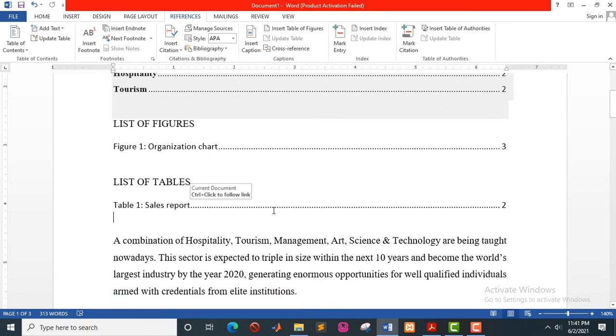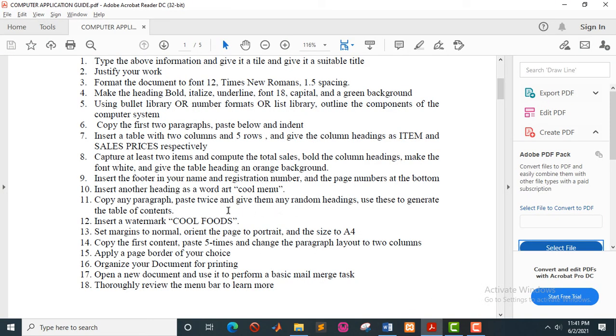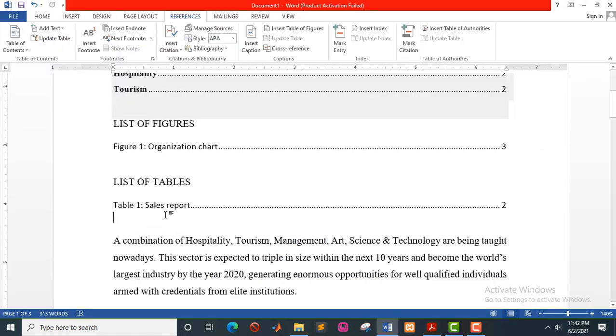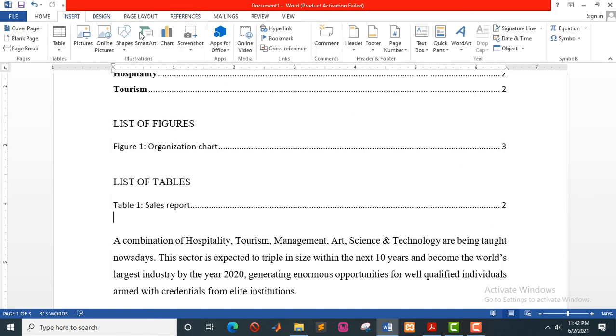So let's look at the next task. Okay, so we're supposed to copy any paragraph, paste twice and give them any random headings, which we have already done. So task number 12 is to insert a watermark with the label cool foods. So we go to insert. Okay,